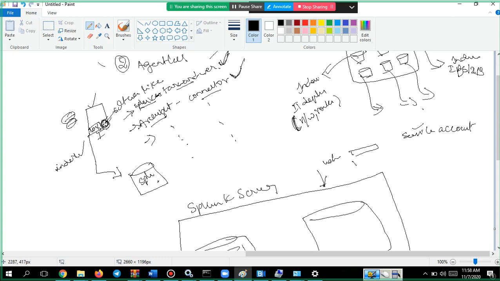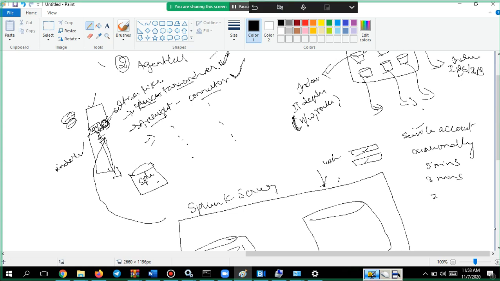You will give authorization to this server to go and connect to this machine and pull the logs from this particular folder, maybe every 5 minutes, or 3 minutes, or 2 minutes, or something like that. Some timestamp you give, and at that moment it will go and pull all the logs available till date to this particular machine.